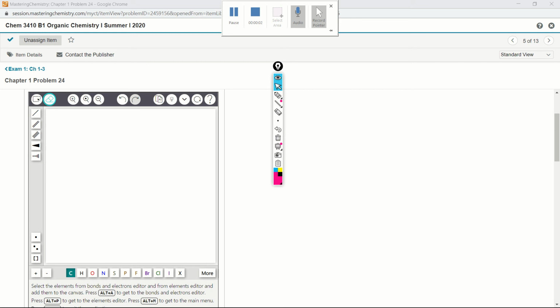The drawing software for the exam looks slightly different than the typical mastering software that you will see. This is the drawing window, and it shows how the drawing software looks when we are trying to draw Lewis structures. For example, if you wanted to draw the Lewis structure of diethyl ether,